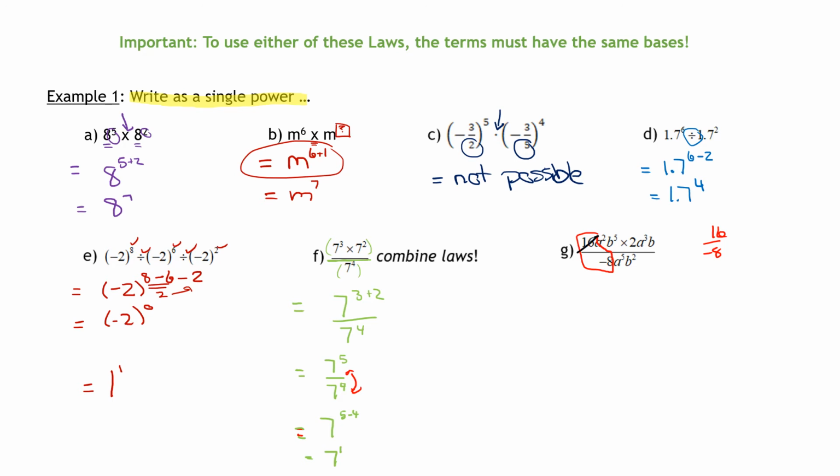So 16, I'm canceling it out and turning it into a 2 because I'm dividing it by 8. And -8, dividing by 8, that's going to be a negative 1. I'm dividing them both by 8. So I can do that to help me simplify my numbers if I want to, especially when they're big numbers. These ones aren't too bad. I could have gone ahead and just multiplied, but I just want to show you that step here. So let's get back to